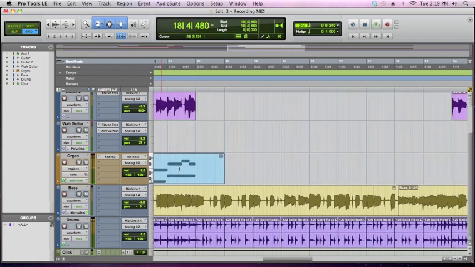There you go. And it's like I can actually play the organ. That is the basics of using virtual instruments and MIDI in Pro Tools. Now let me show you one thing. If you don't have a keyboard controller,